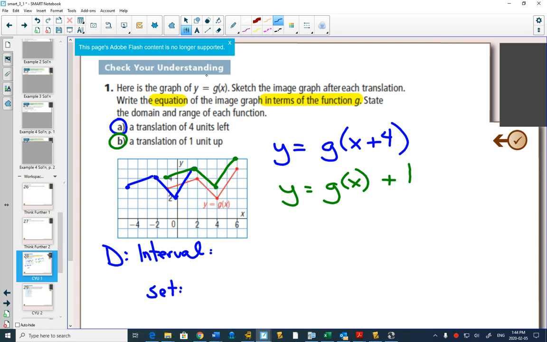Interval notation is an interval going from a smaller value to a bigger value. Domain are your x values. So when figuring out domain, you're going to say, well, what is my smallest x value? Looking at my graph, my smallest x value is at -5. Because -5 is included, you would use a square bracket. Then looking at my x values, what's my biggest it ever gets? Right here at 2. And so it goes from -5 to 2.